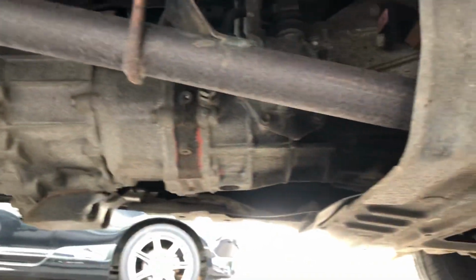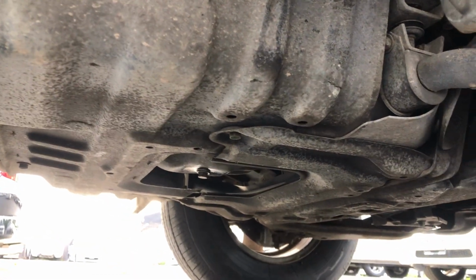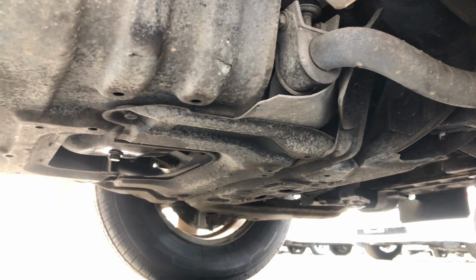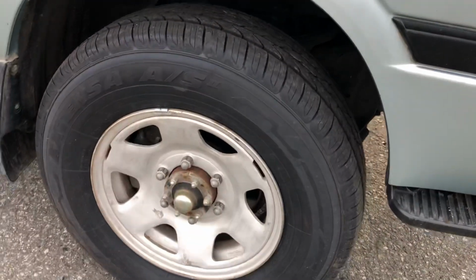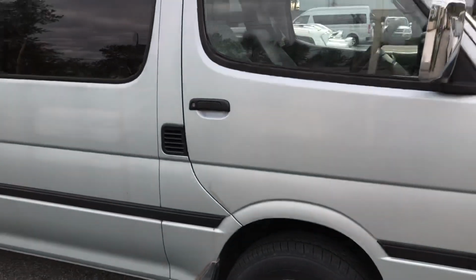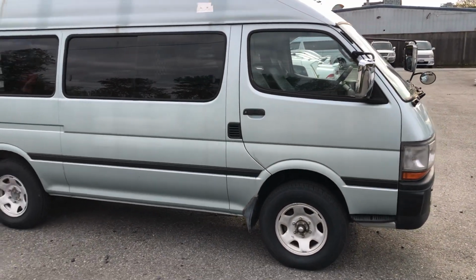There's your transfer case again, and going up forward, you get engine and everything's covered by splash shields. Get into the front suspension and stuff. Everything underneath looks really clean. Brand new tires. So yeah, I realized there are some places that it could use a little bit of TLC,